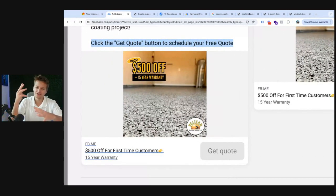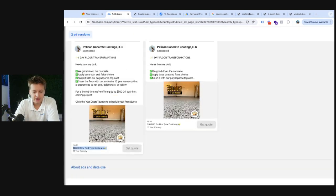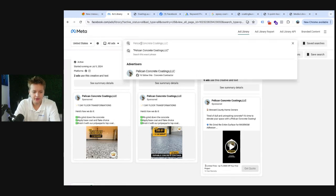You've probably seen carousel ads. Carousel ads usually work pretty well as well. And this is your headline. This is your description. So in their description, they have a 15-year warranty. And then their headline has a call to action, which is $500 off for your first-time customer. Okay. So now that you see the anatomy of the ad, let's find a company that has better